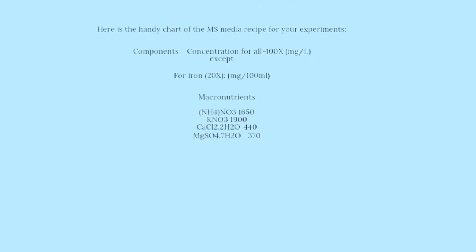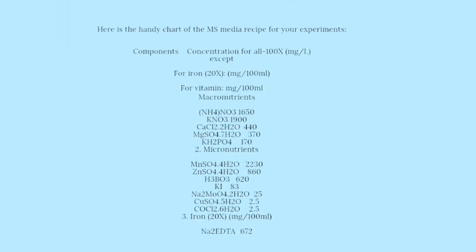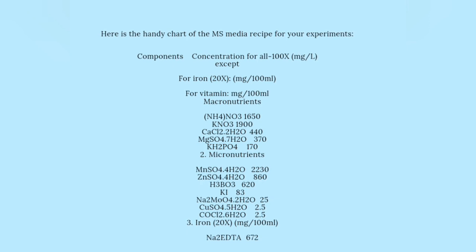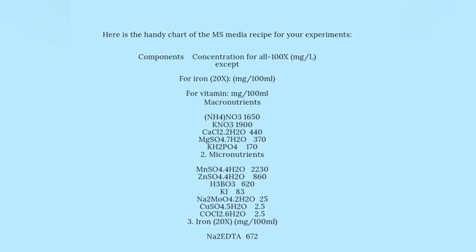Here is the handy chart of the MS media recipe for your experiments. Components concentration for all, 100x mg/L, except for iron, 20x mg/100 ml, and for vitamin, mg/100 ml. 1. Macronutrients: NH4NO3 1650, KNO3 1900, CaCl2.2H2O 440, MgSO4.7H2O 370, KH2PO4 170. 2. Micronutrients: MnSO4.4H2O 2230, ZnSO4.4H2O 860, H3BO3 620, KI 83, Na2MoO4.2H2O 25, CuSO4.5H2O 2.5,